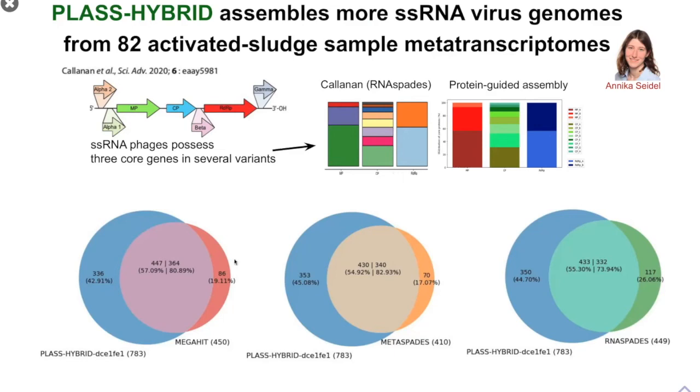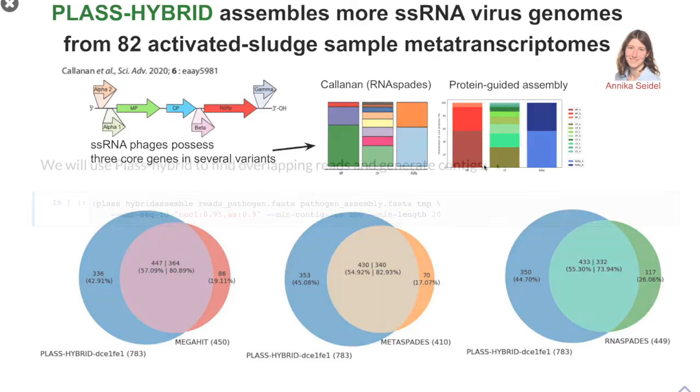And then we also used other assemblers like MEGAHIT, metaSPAdes, and rnaSPAdes to assemble these same sludge samples. And we compared the overlap of the contigs that we assembled with our PLASS hybrid assembler to the other assemblers, and we can see that we can cover most of the assemblies of these other assemblers, but we can also get some more sequences out of these environments. And the sequences that we get out are again redundancy reduced, so we get rid of everything that is redundant. And we check that they have the three core genes, so they might be valid